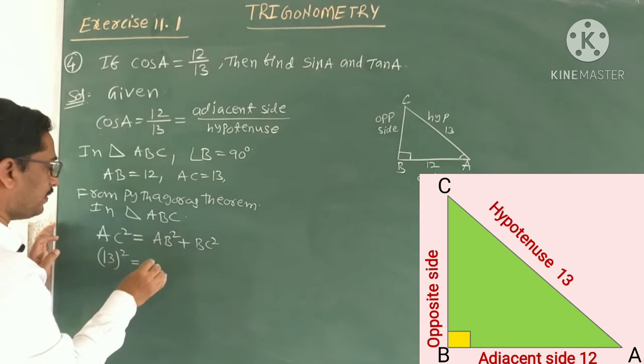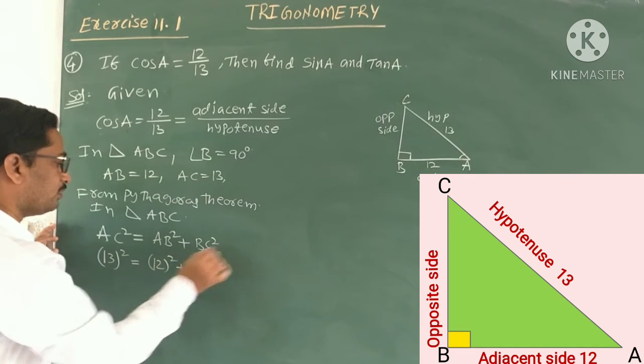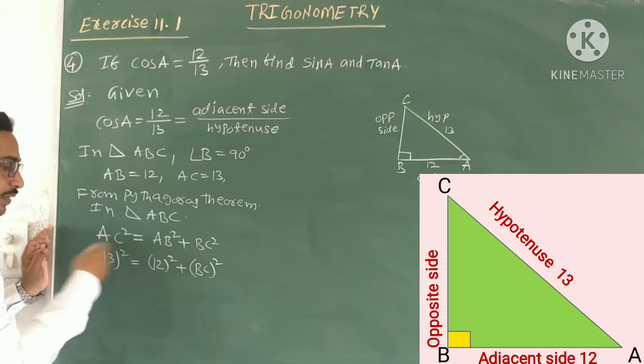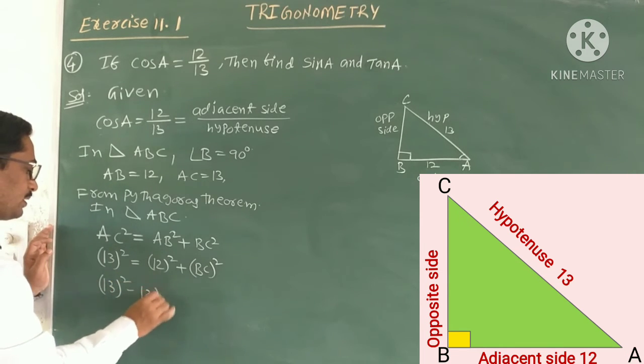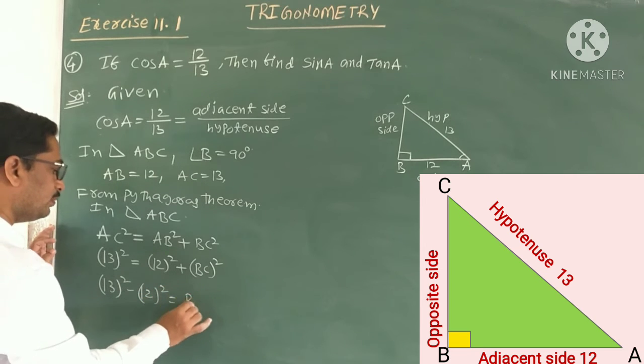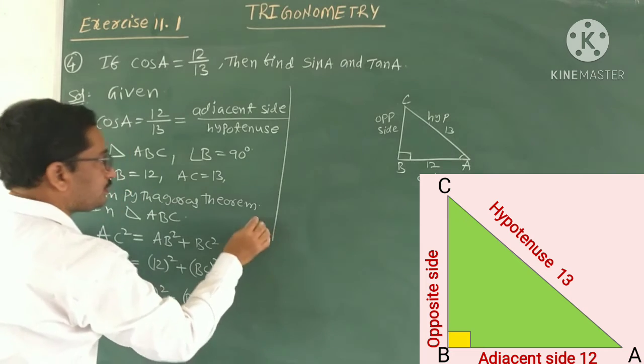AB is given, 12 square. BC, we have to find out the value of BC square. So bring 12 square value to the left side. 13 square minus 12 square equals BC square. Now write BC square equal